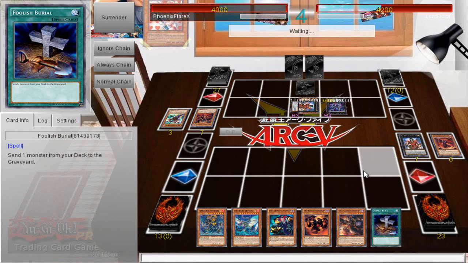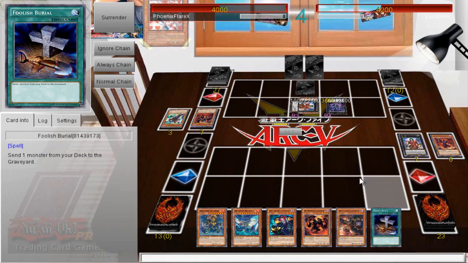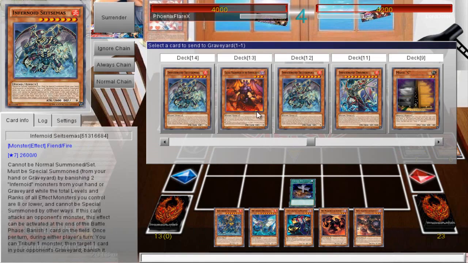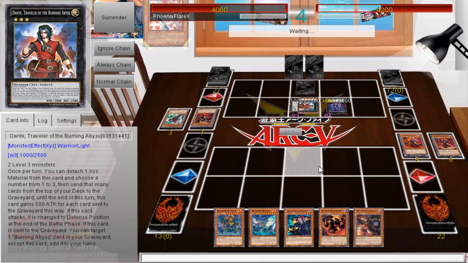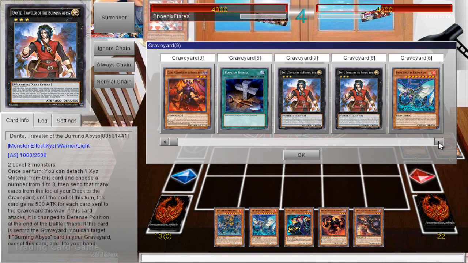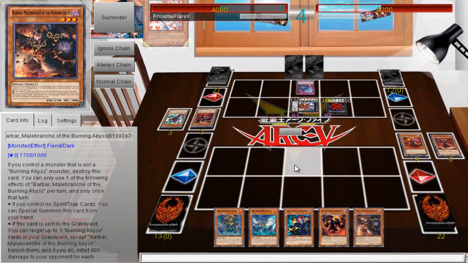But luckily, I just get really, really rewarded with a top deck of Foolish Burial. So I can use Foolish Burial and just send Calcab and bounce Fogblade. And it definitely changed how I went about this play string, and if I had not drawn that Foolish Burial, I think I could have come close to having a game shot, but I don't think I could have had a game shot, basically, because being able to play through that Fogblade would require me